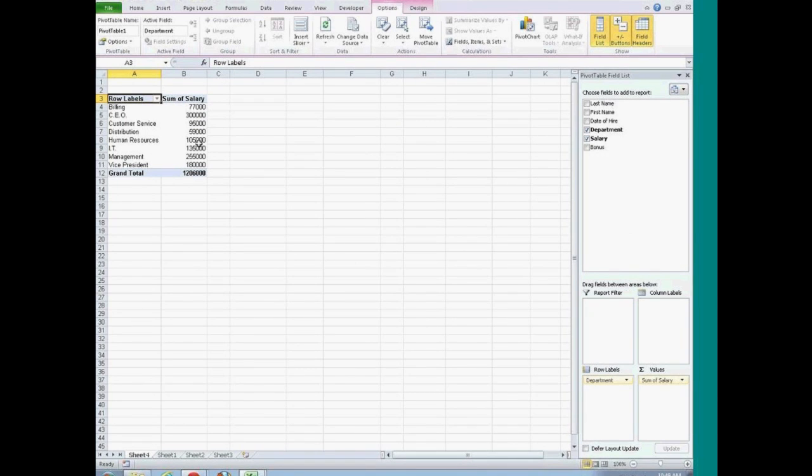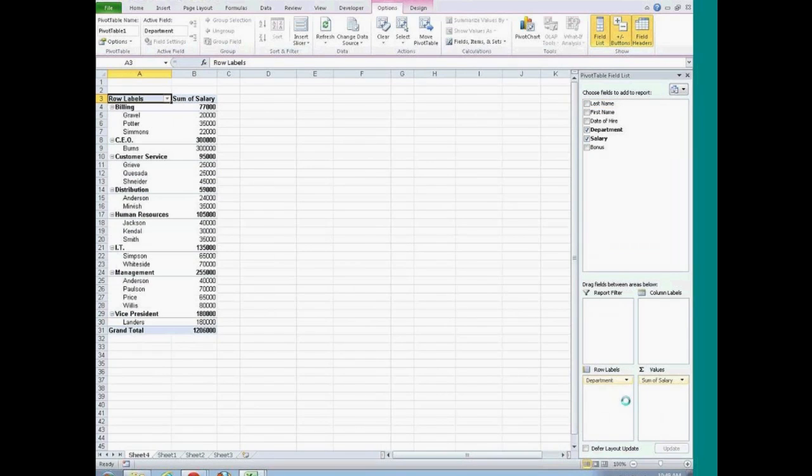Next, I might want to break down exactly who is in these different departments, and we can see that we have a listing of last names as well. Now, I can add more than one field to a specific quadrant. It makes sense, however, to make sure that we're watching the order in which these fields actually fall. Last name, for instance, I'm going to be placing beneath departments. And the only reason I'm doing that is because I know, based on standard logic and common sense, that there are people in departments, not departments in people. Therefore, last name I'm going to think of as a subcategory of the parent category being